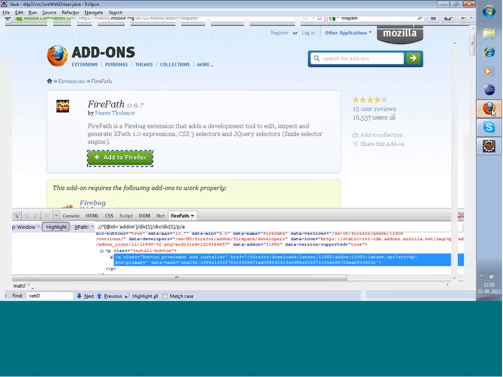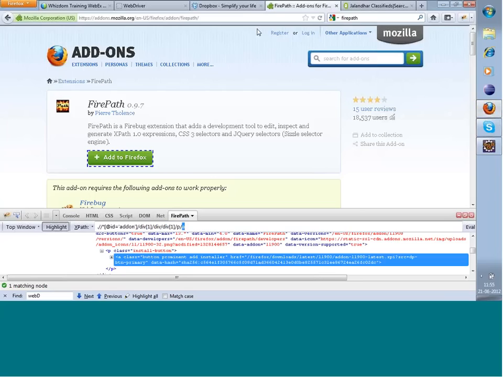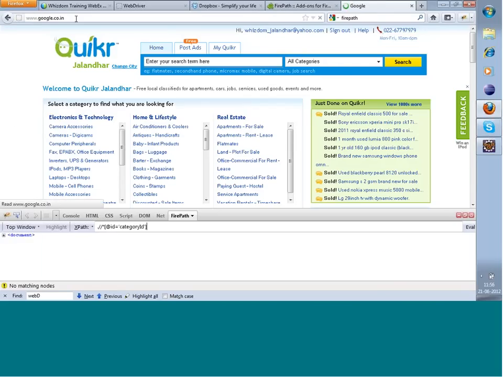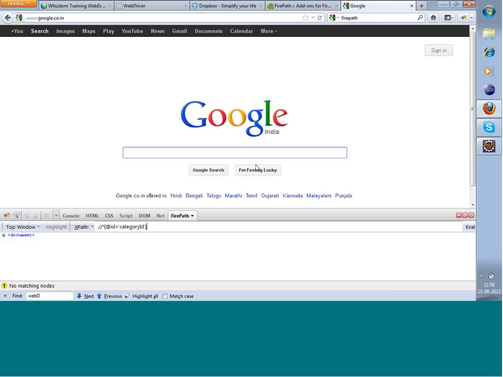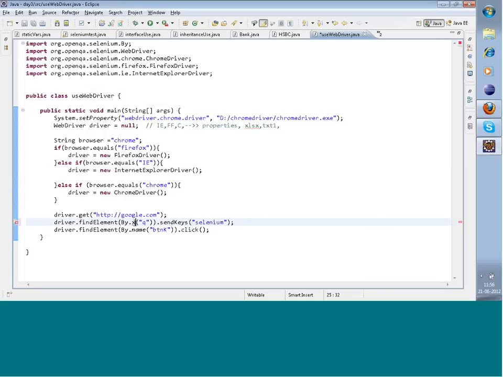Suppose here I have written the name of that text box for Google. I have written the name, but I can write the XPath as well, which is very commonly used. Instead of finding that element on the basis of name, find it on the basis of XPath, and inside XPath, paste the XPath that you have copied. Right, so when I run this,